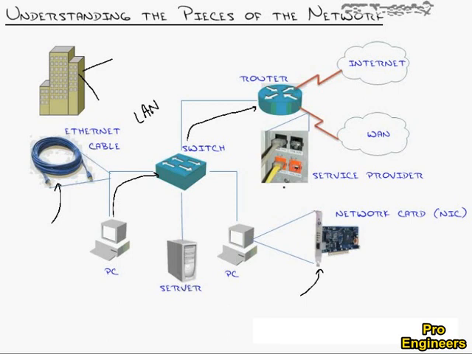Now that could be just another building that's right down the way from you, maybe 100 feet away, or you've got another building over here that you trenched cable under the ground. It could be, and most likely is, one of your links to the internet connection. This right here is considered a WAN, your wide area network connection, something that allows you to leave your network to connect to something that could be very far away.